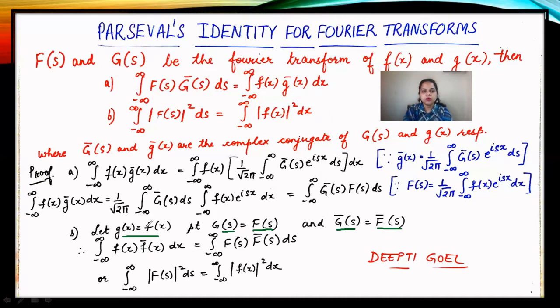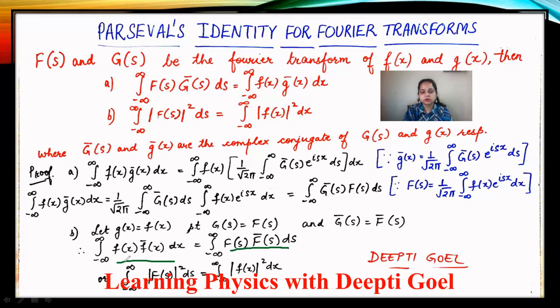So now, putting all these substitutions in the first part of the equation, for the g bar(x) we have written f bar(x), and for the G bar(s) here we have written F bar(s). So the equation takes the shape that the integral from minus infinity to infinity of f(x) into f bar(x) dx is equal to the integral from minus infinity to infinity of F(s) into F bar(s) ds. So we know by this theorem that if any function is there,